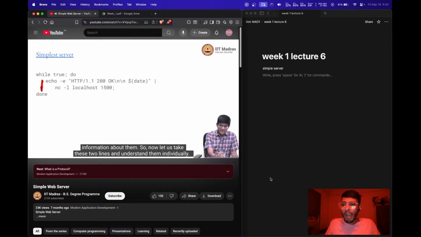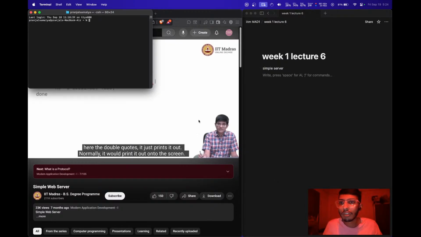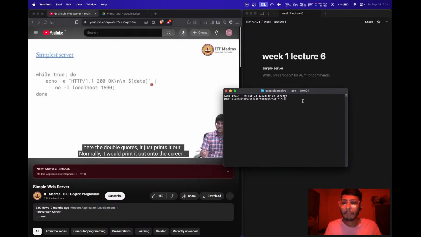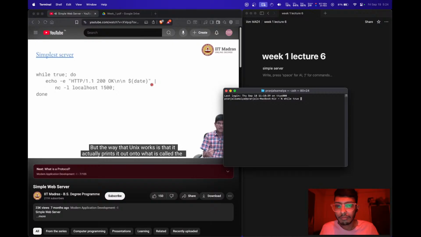So now let's take these two lines and understand them individually. The first line is fairly simple. All that it says is echo, and echo is a very simple Unix command. Echo minus e in this case just basically prints out whatever is there within these double quotes. Normally it would print it out onto the screen, but the way that Unix works is that it actually prints it out onto what's called the standard output, stdout. And the stdout can be redirected using this pipe symbol so that instead of going onto a screen, it now goes into the second program,